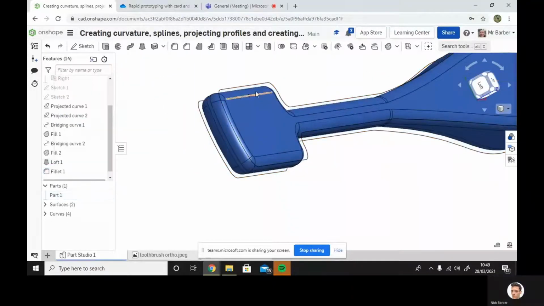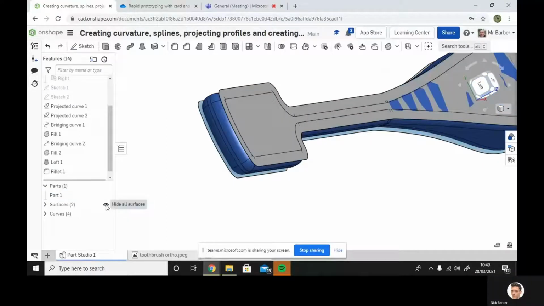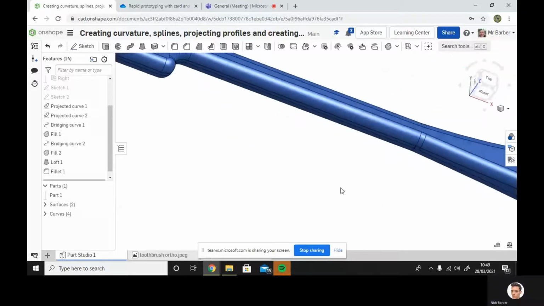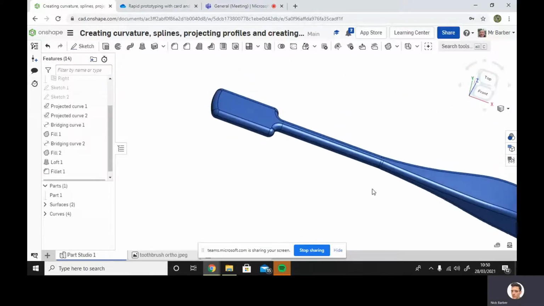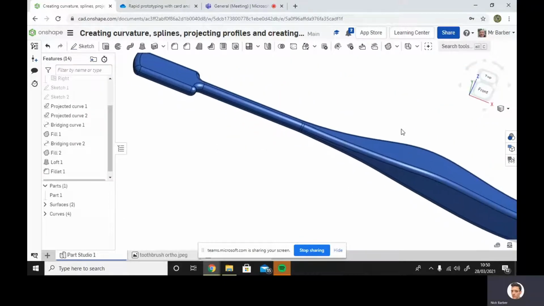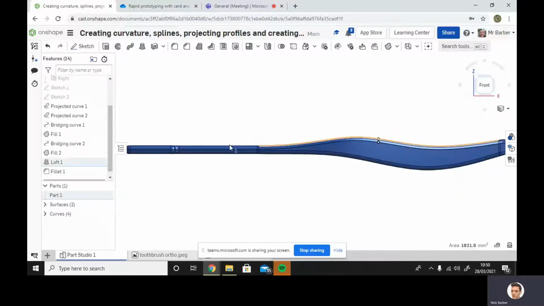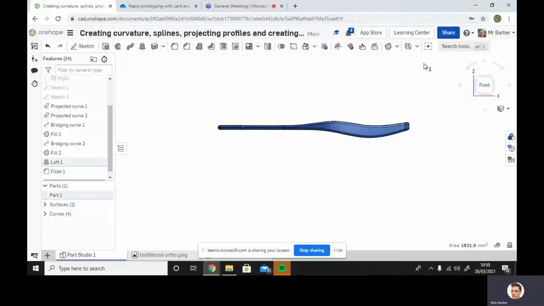We'll accept that. I want to get rid of those surfaces again. Turn that off. Turn that off. Yep. So there's my main handle. Okay. Now I'm not going to go through the full process of drawing the bristles on. That's simply, I would take that there. I'm going to go front view. That's great. Okay, I'm on a new sketch